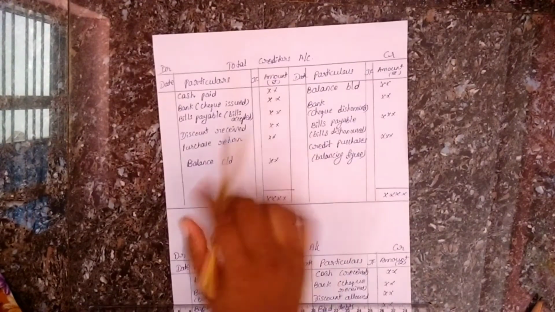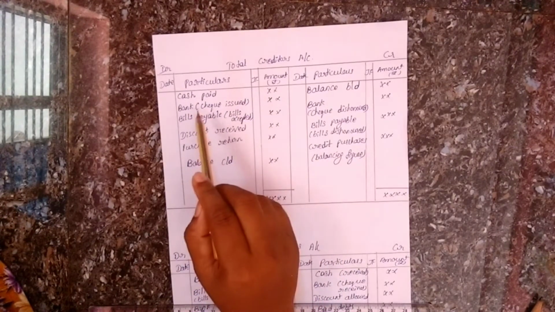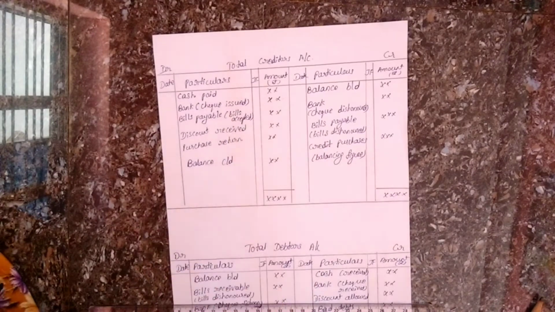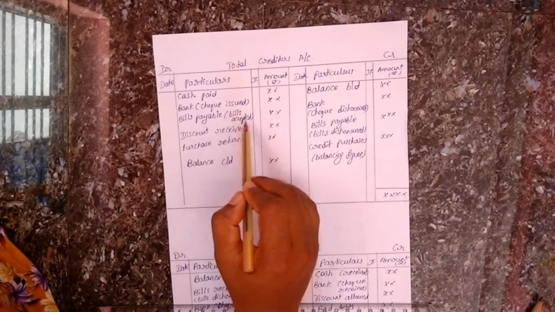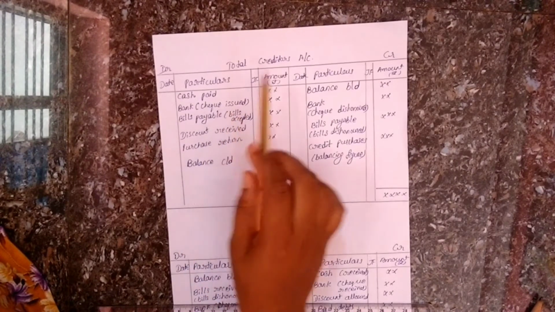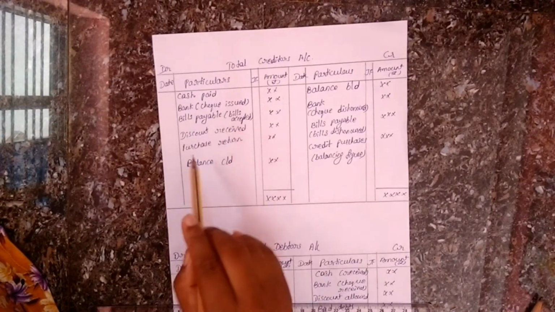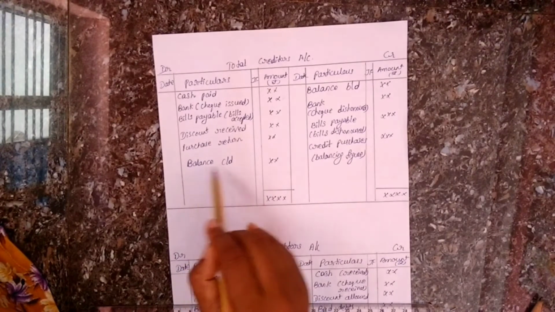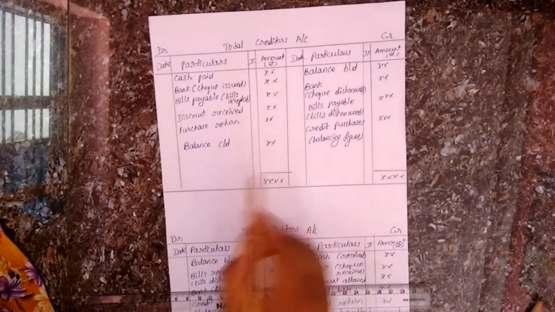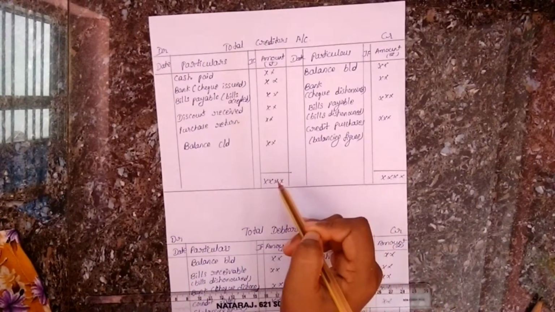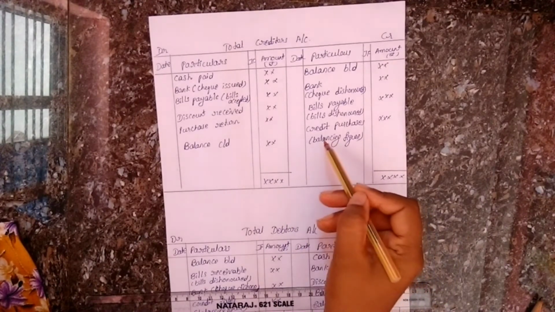Next, on the debit side, the first one is cash paid and amount. Next, to bank, cheque issued. If the cheque is issued, we have to write it as to bank. Next, bills payable, if the bills are accepted. Next, discount received. Remember, in the calculation of total creditors, we are going to write discount received and purchase return. Finally, balance carried down. It is the balance of the creditors at the end. Therefore, finally we have to calculate the total. The total should be calculated at the end, and whatever the remaining amount is, we show it as the balancing figure.